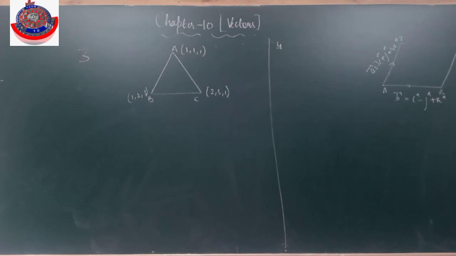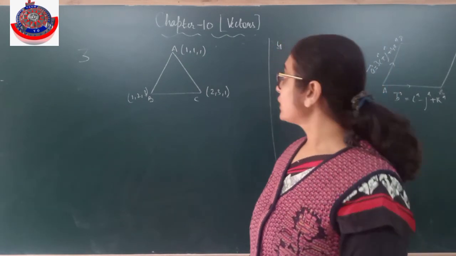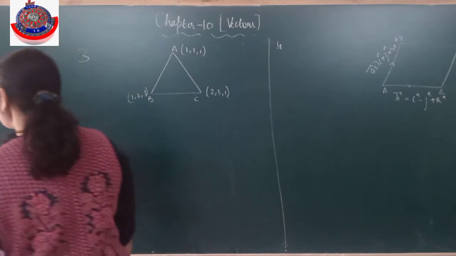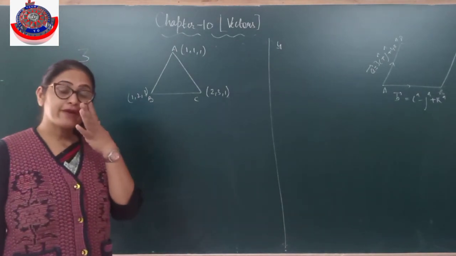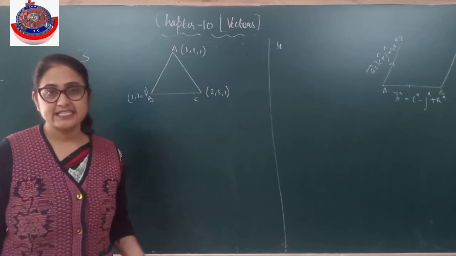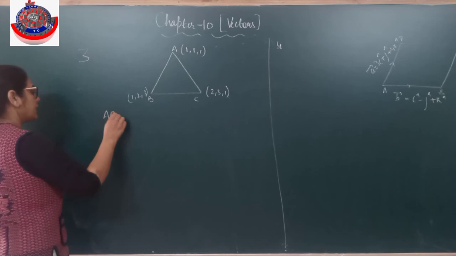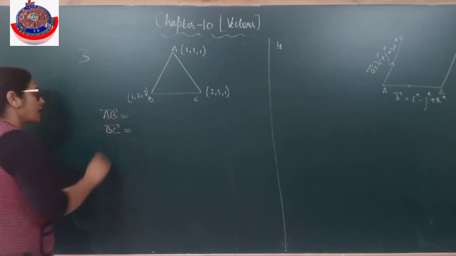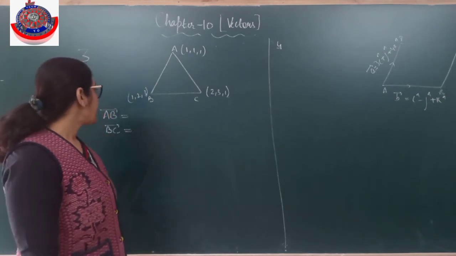Let's pick up the last two examples. Third one, I need to find the area of the triangle whose vertices are given to be 1 1 1, 1 2 3, 2 3 1. So if you remember the formula to find out the area of the triangle, I need to first of all find out the vectors along two adjacent sides. ठीक है? That means मुझे एक AB और इसके साथ you can find out BC. That's your choice. I need to find out the vector. The vertices will not work. Is it clear? I need to find the vector.